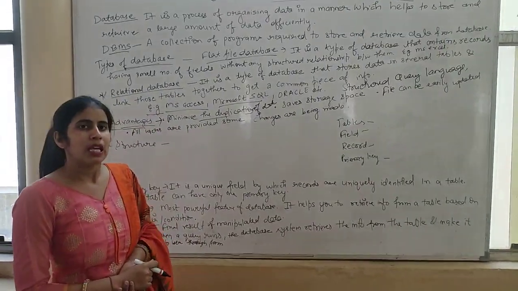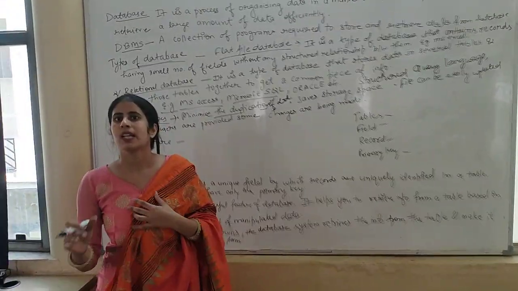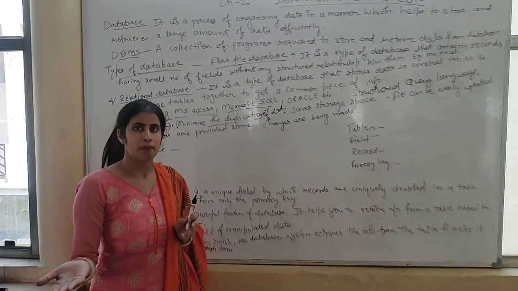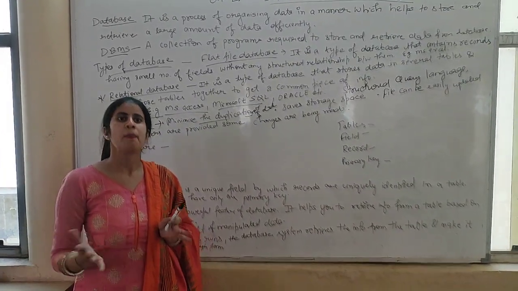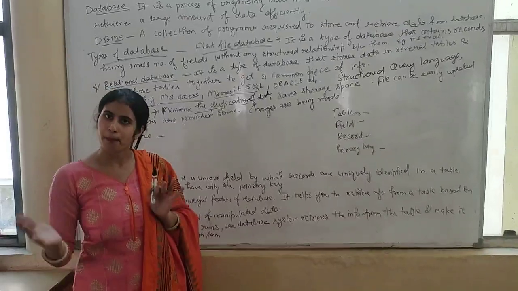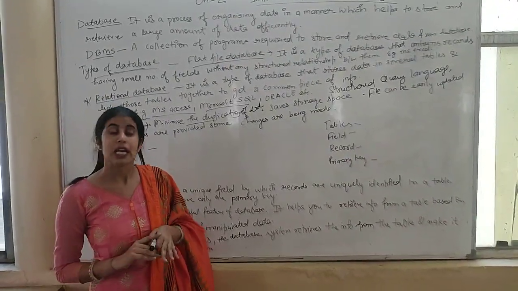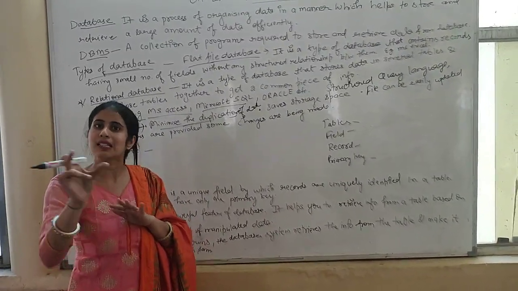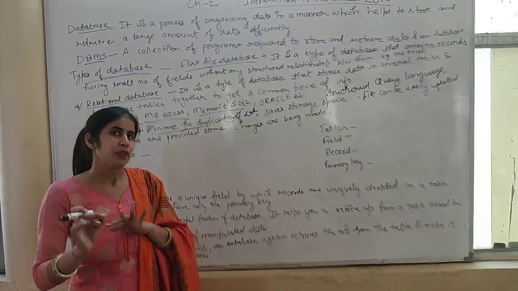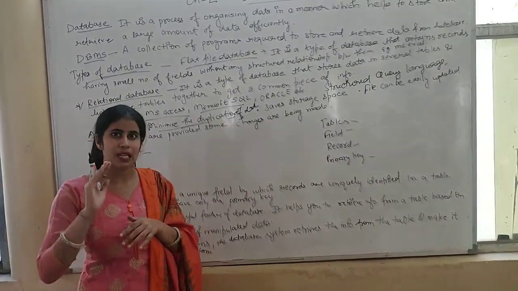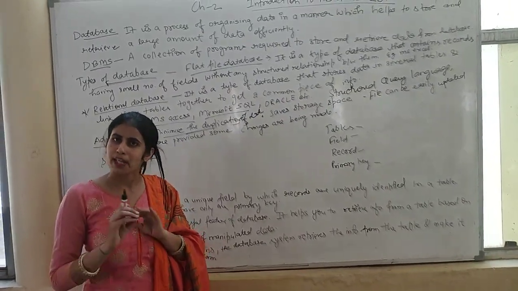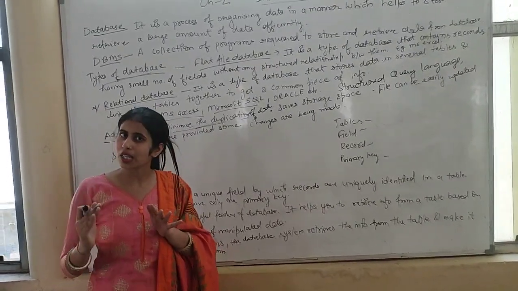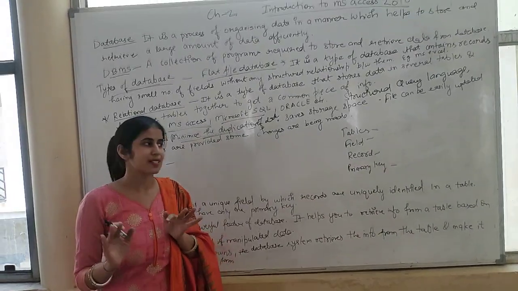Means when we maintain the record in a register and we duplicate data, suppose entries were repeated, it will not show us that it is a duplicate. But if we are using DBMS software, then it minimizes the duplication. Means if we are repeating the data, it will show you that you have entered this data. So if it is a mistake, you can easily sort it out. If it is not your mistake, suppose many students have the same name, it will be in your knowledge and it will be helpful for you to access the data.